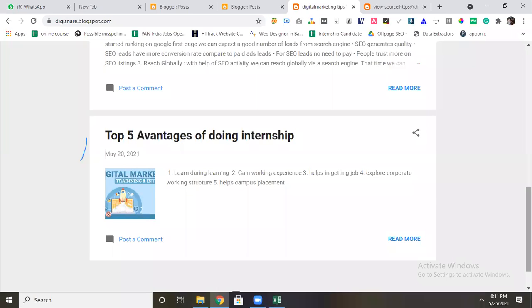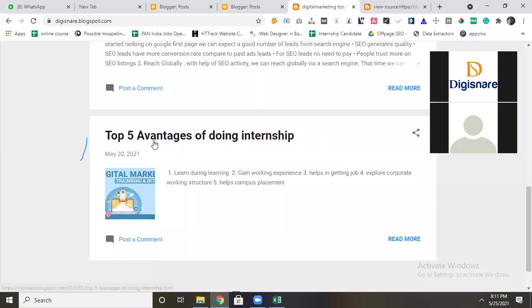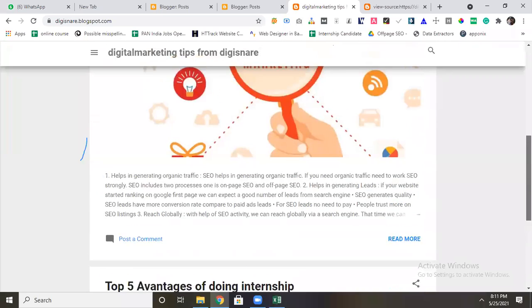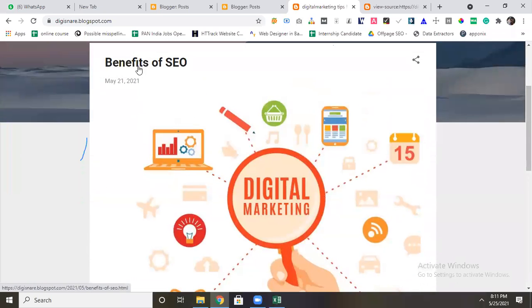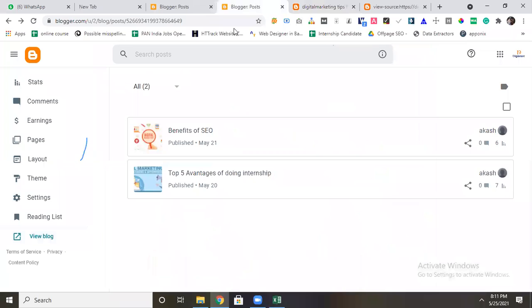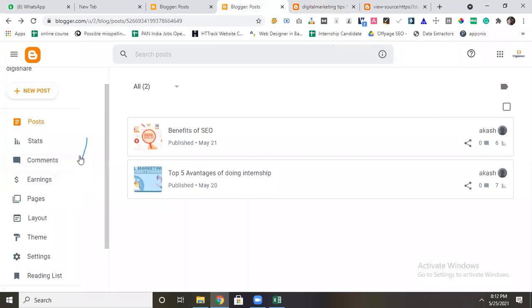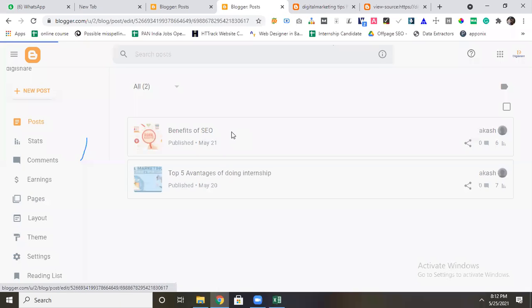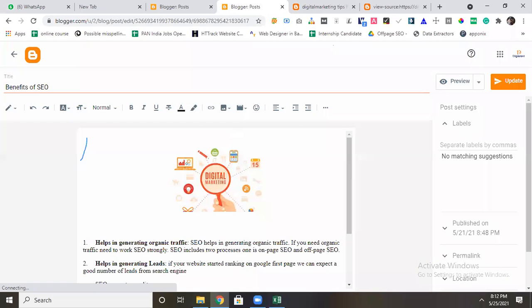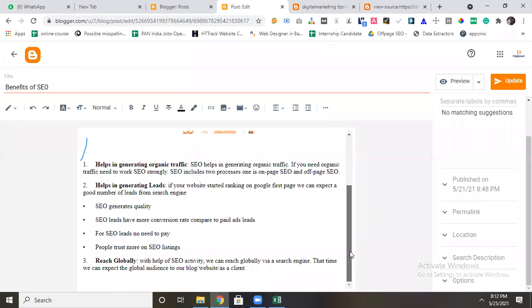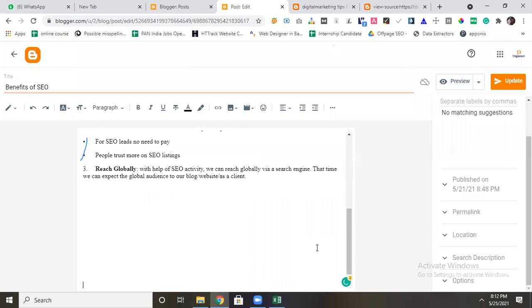Now see, the first article, top 5 advantages. Here I will interconnect this article, and here I will connect that article. I will go to the blog post, then you will get an idea how to do it. Go to the blog post and edit it. In the article, down here, I will interlink. You can also interlink anywhere; there is no restriction that you have to interlink here only. You can link from anywhere. That is optional.